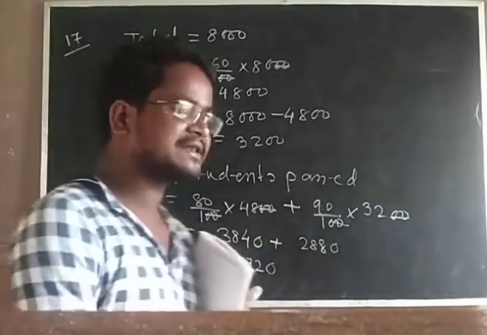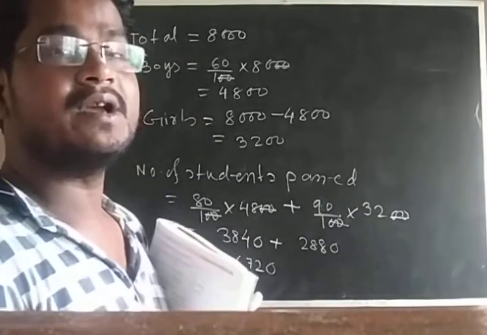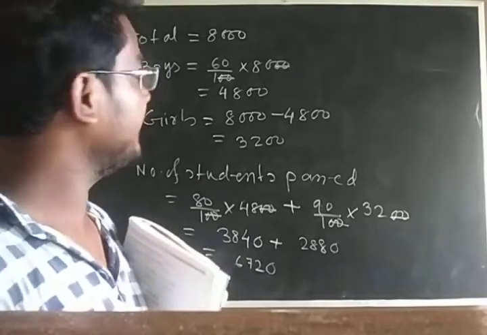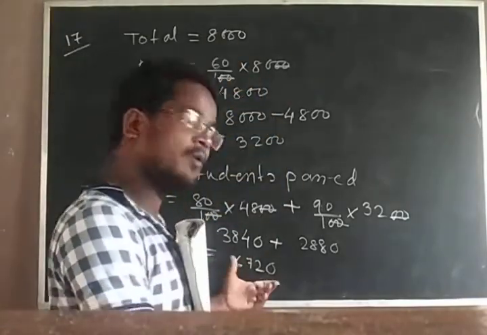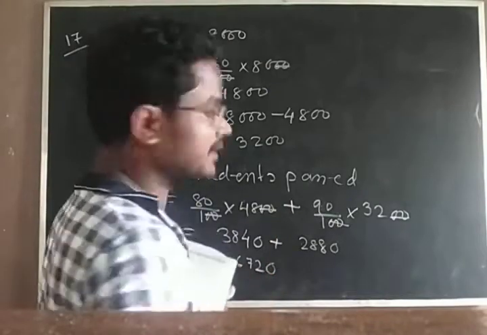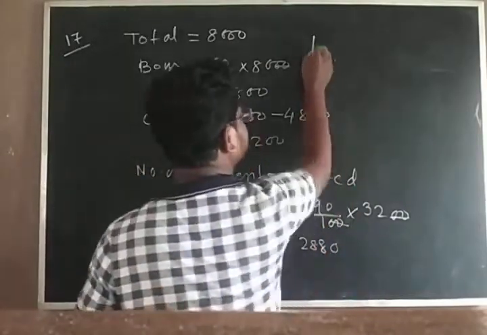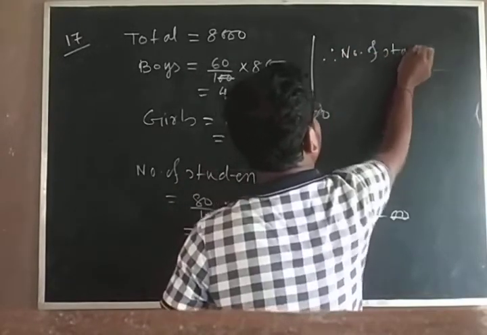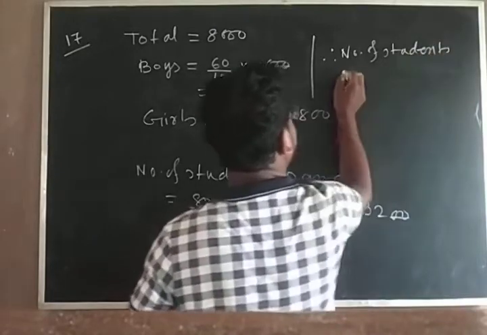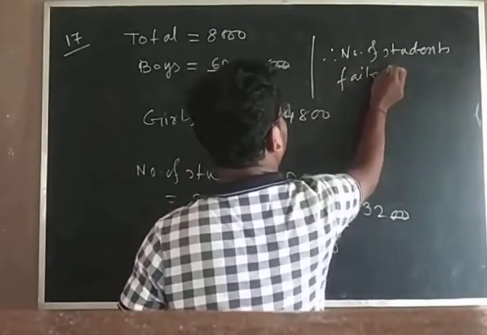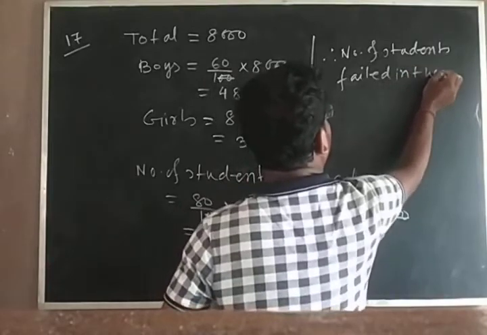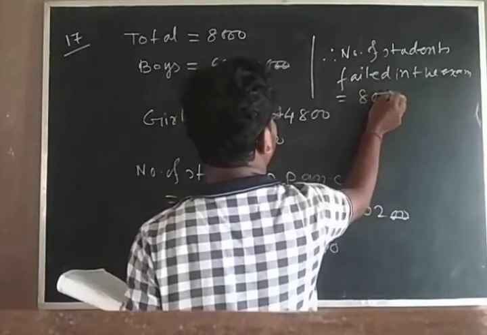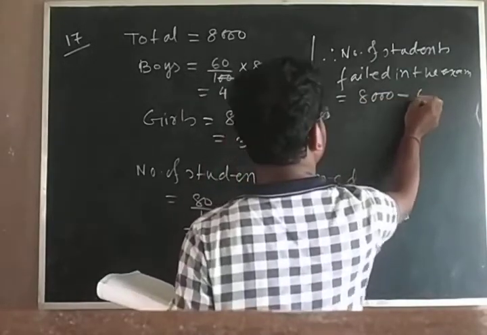6720 students passed in the exam out of 8000. Now tell me how many students failed in the exam. How will you find? From the total students, you have to subtract the passed students. Therefore, the number of students failed in the exam equals 8000 minus 6720